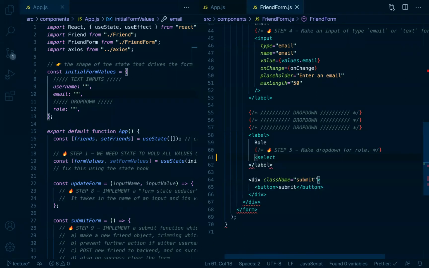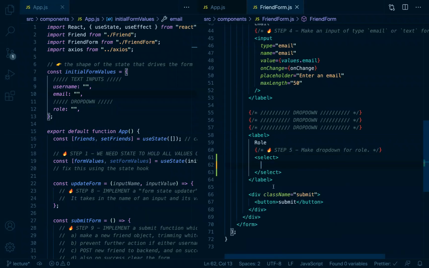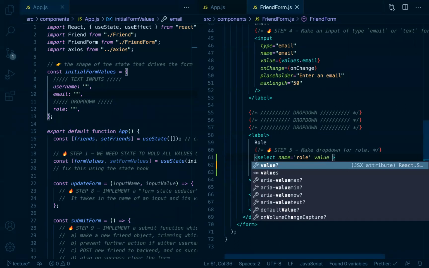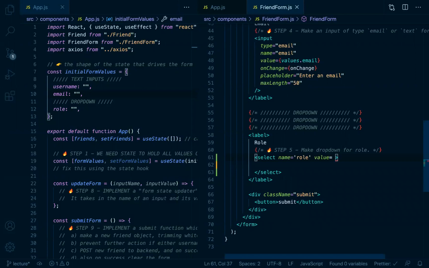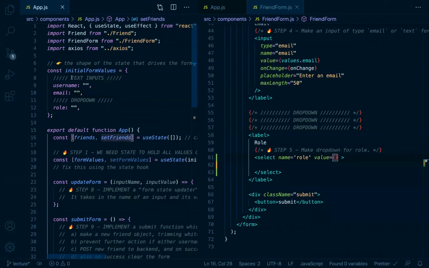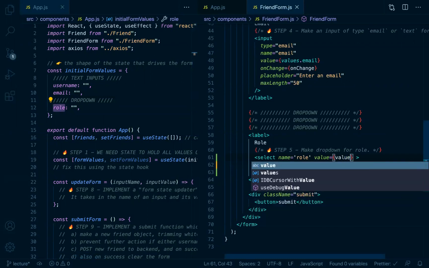So to do a drop down, the type of input this is a select. And select, we're going to give it a number of props, which you're going to recognize very much from a regular text input. So it's going to have a name, and we know that that name should be the role, because that's what this whole drop down is about. We know that it's probably going to need a value, because that's a slice of state that we ultimately want to update. And we know that one of the values from our parent component is, of course, a role. So of course this ought to be value